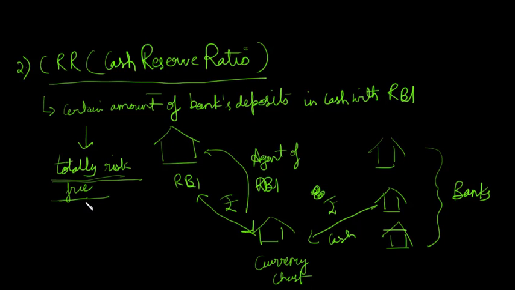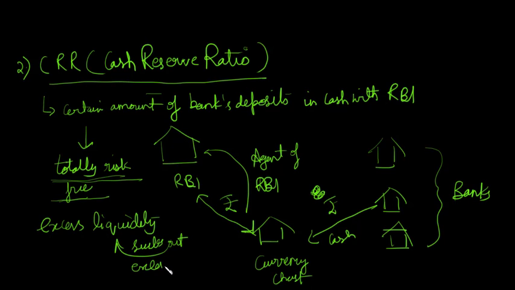And secondly, it enables RBI to control liquidity in the system and thereby inflation. Whenever there is excess liquidity in the banking system or economy, RBI will increase the CRR amount. So banks have to keep that much money with the RBI, so it sucks out the excess money